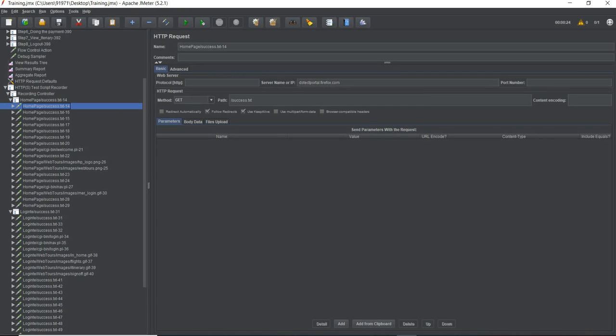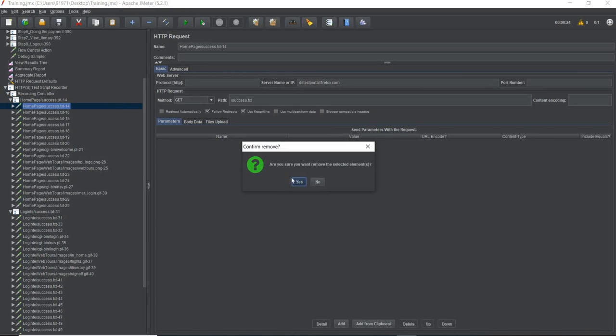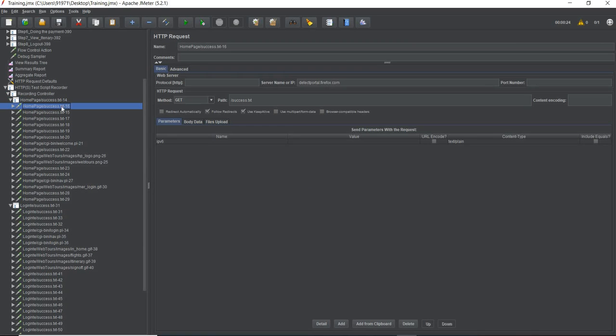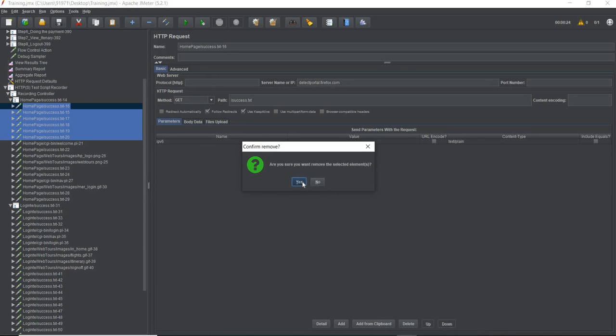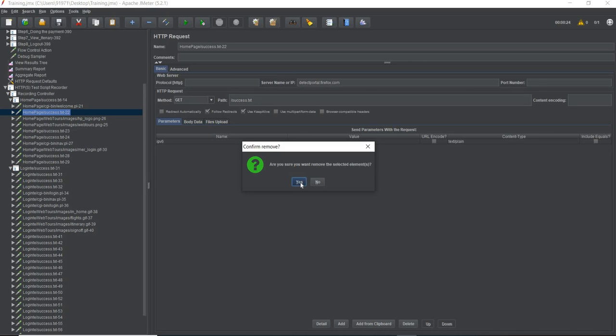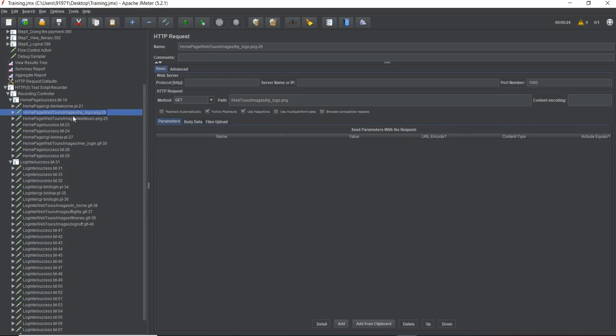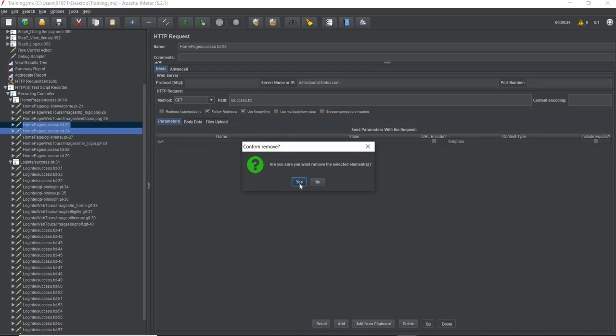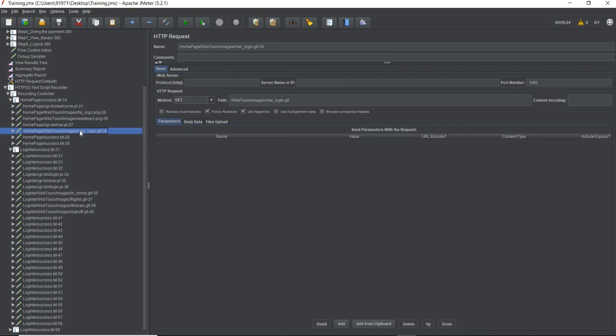This is from Firefox. You can see the server IP, Firefox. Press delete. Yes. Again, this is from Firefox, and this, and this. Till here it is all from Firefox. I can be sure about it, so I delete all of them. Welcome, this is good. This is from Firefox, I need to delete it. This is good. This is logo.png, png, text files. I will delete all of them. This is required. These two are from Firefox. Delete. This is again from Firefox, and this is from Firefox.